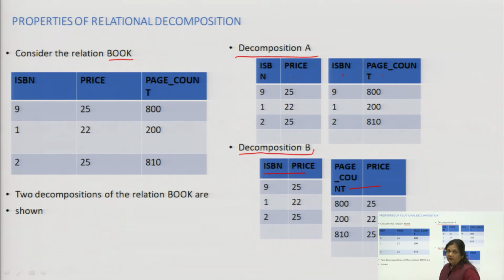Now, what we will do is perform a natural join for both the relations in A and for both the relations in B, right. In A we will perform a natural join on ISBN, the common attribute. In B we will perform a natural join on price, the common attribute. Let us see what happens.